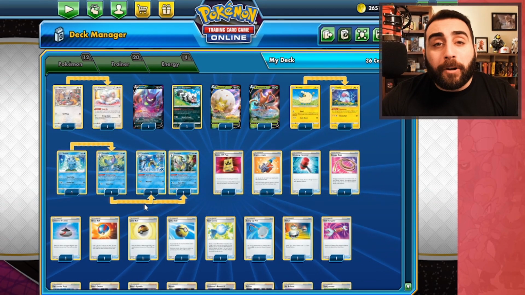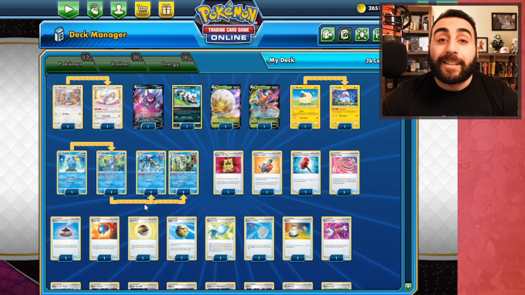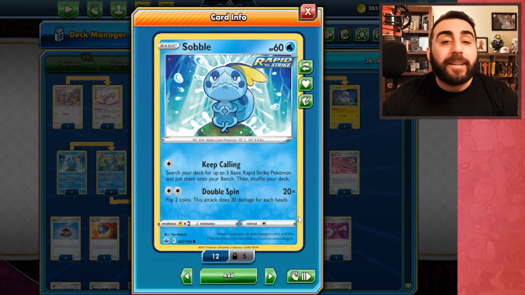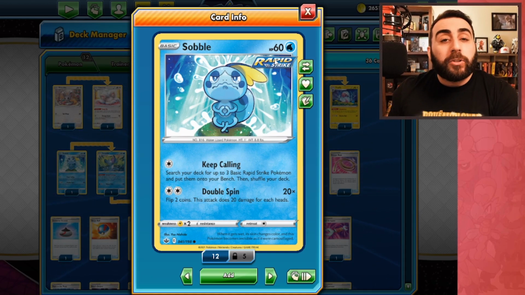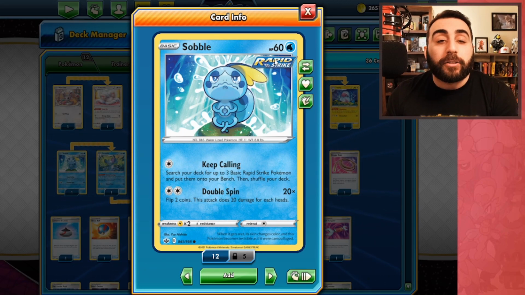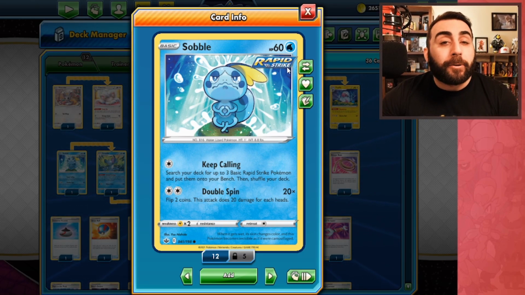The last single prize Pokemon we're going to talk about is an entire evolution line, because they are really popular and really good. Sobble here is a basic Pokemon, and it has the Rapid Strike mark. This is really important because, like we saw in the previous video with Single Strike Pokemon, Rapid Strike Pokemon tend to go together. Sometimes in the case of Sobble, they don't, but if you have a bunch of Rapid Strike Sobbles in your deck, remember you can only have up to 4 copies of a single card in your